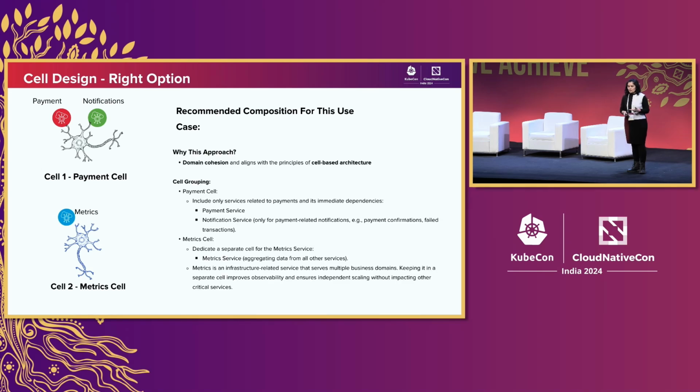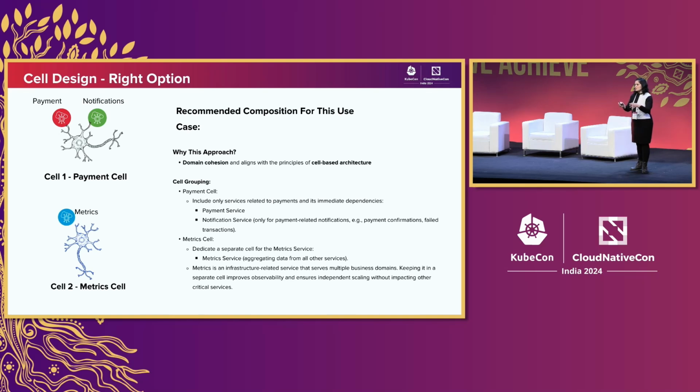Yes. So cell grouping. Why this approach? Because domain cohesion-wise, this cell works. If you have heard the sessions where I explained each of these services, the payment service does the payment part of things, where it interacts with the outer world to take various payments. But when it interacts with the inner world, it interacts through the notification service. And that's why, if you make the payment service alone a cell, and the notification service is lying anywhere else, even if your payment cell thrives and the notification service or cell is not there, your system will fail. And that's where you need these to be combined into one cell.